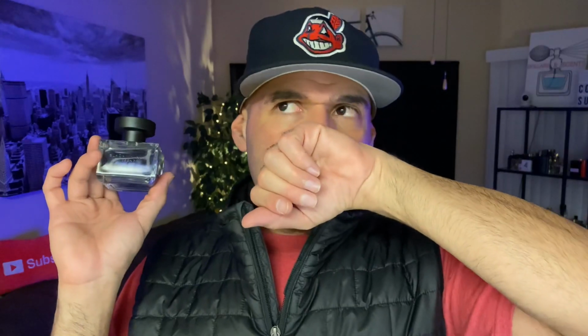And woods. I mean, this isn't exact by any means, guys, but it's close enough to where you're going to know right off the bat what this is supposed to be. I am glad this is an eau de parfum concentration, because I can already tell this has a better